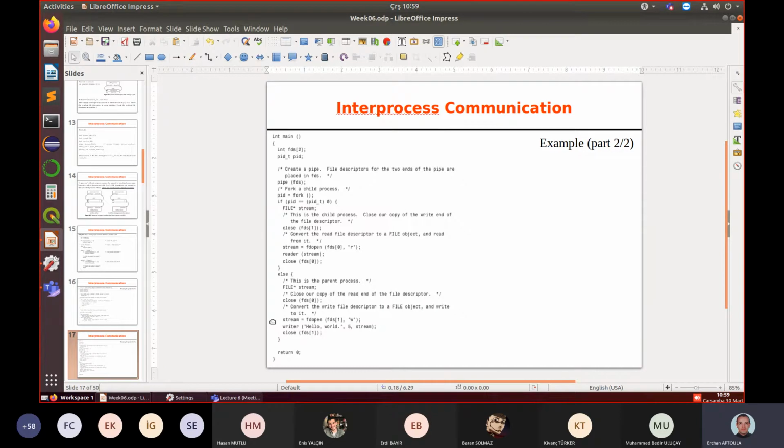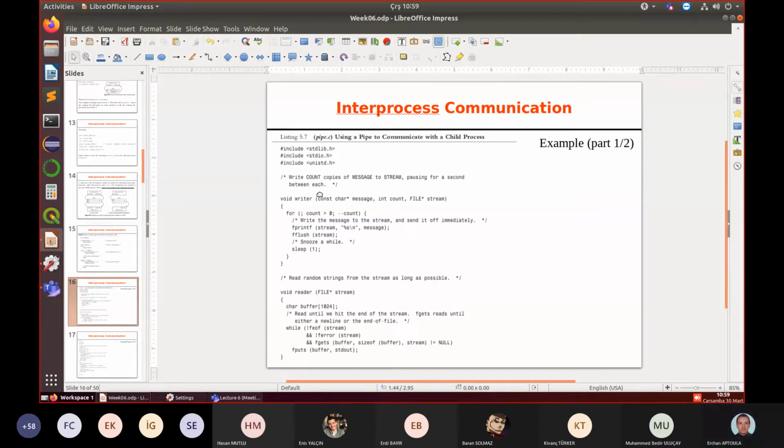Let's look at the writer function. The writer function